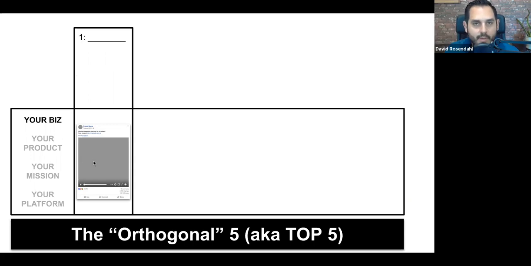So let me just give you a simple example. For Tracy, who's in real estate, right? She's trying, Tracy, correct me if I'm wrong, you want to sell more homes. At the intersection of that and a personal interest of yours, let's say fitness, and I don't know if that is or not, but let's say personal fitness is an area that you're passionate about. At the intersection, which is where the word orthogonal comes in here, at the intersection of your passion around personal fitness and real estate is a post.